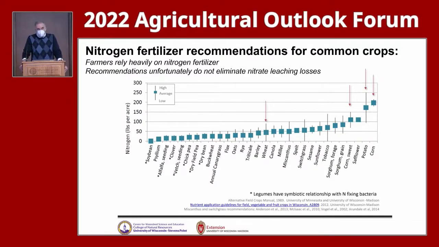I've had a postdoc in my lab recently, Devendra Shrestha, looking at a meta-analysis of published studies across the Midwest, including those from Wisconsin, to look at the nitrate leaching coming out of these cropping systems. And this is just an array of those that were highlighted in that analysis that we're getting ready to submit for peer review. And you can see, potato and corn and other systems are on the high end, and then we have some alternative perennials like bioenergy crops, grasses, grazing systems, maybe even hybrid poplar that definitely are significantly lower